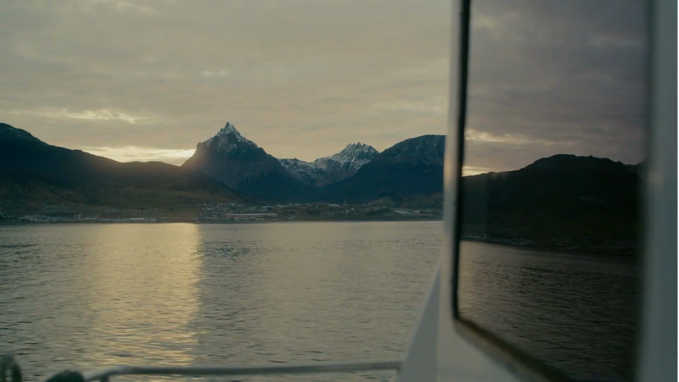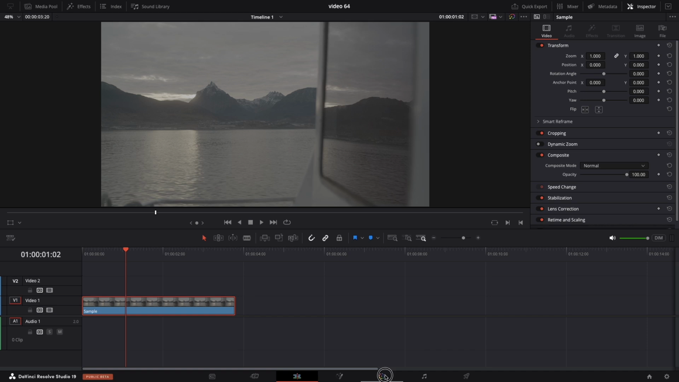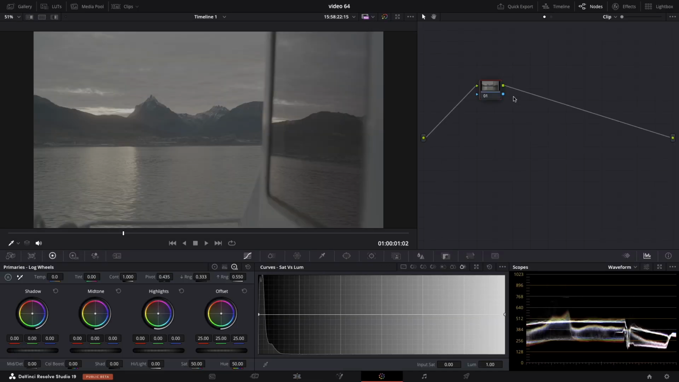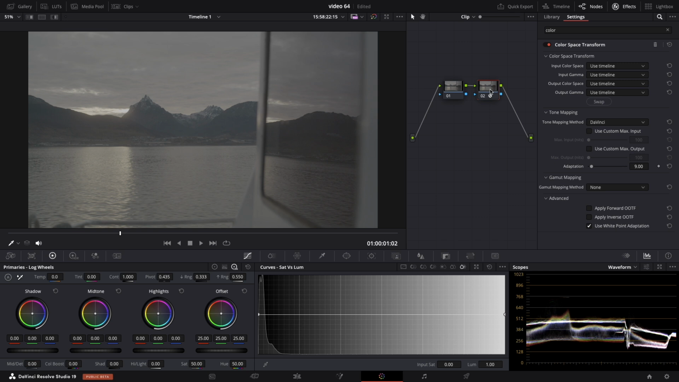Today we are going to learn how to create a cinematic look in DaVinci Resolve. First thing, navigate to the color page and you need to add a node. In that node we need to drag the color space transform effect. Then we need to input our camera color space information and our output will be Rec 709 and Cine Film